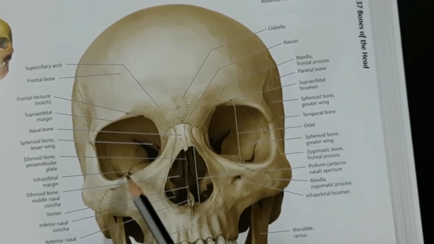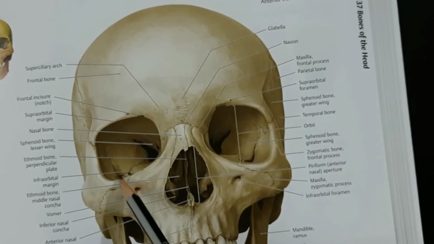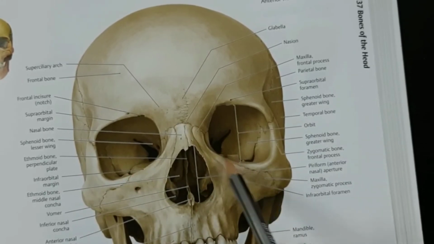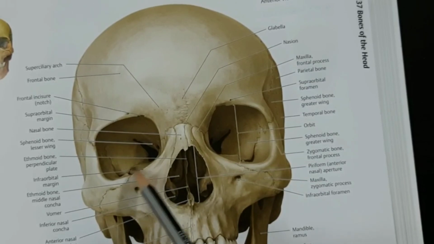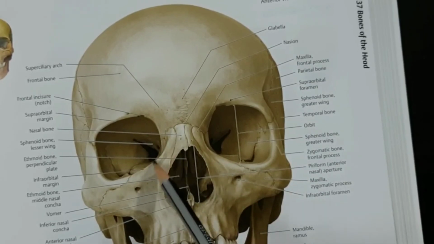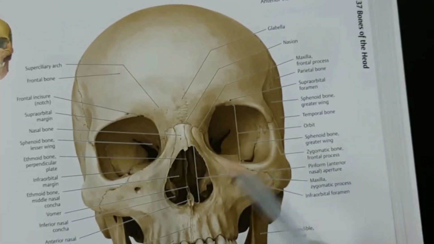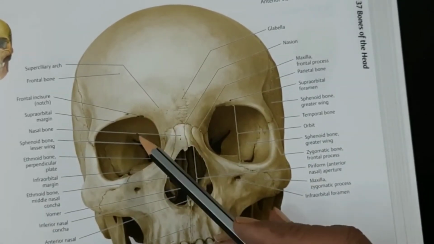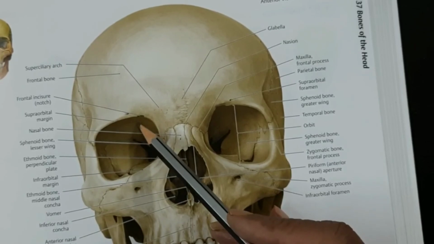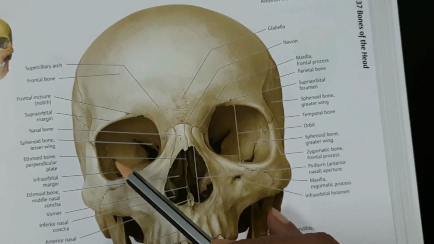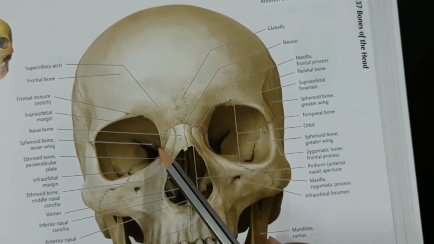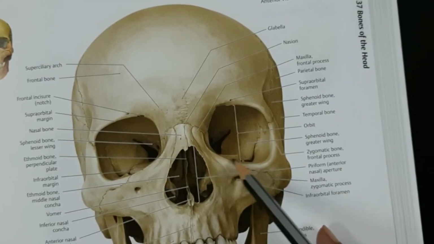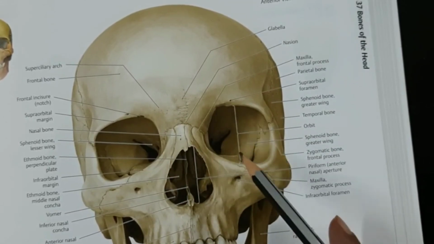The floor will not be seen here. This is the infraorbital fissure, and this is the medial wall of the orbit, which is not seen here, but which I have shown you from the other diagram. So you have seen a part of the medial wall, part of the roof, part of the floor, part of the lateral wall, the optic canal, and the superior and inferior orbital fissures. You have seen these from this diagram.